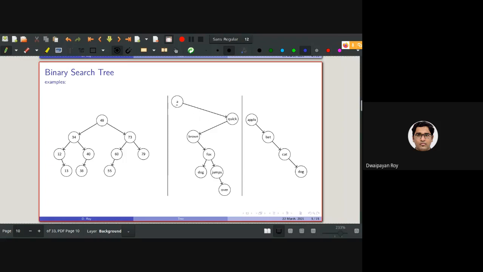I have stored the sentence, a quick brown fox jumps over the lazy dog. I have actually excluded the. So here the data are strings. Here I am also storing apple, bat, cat and dog, which are again strings.